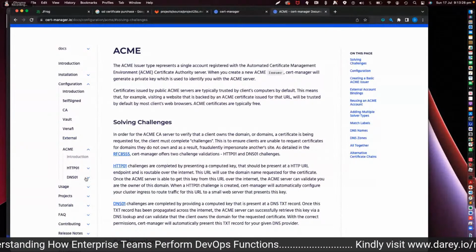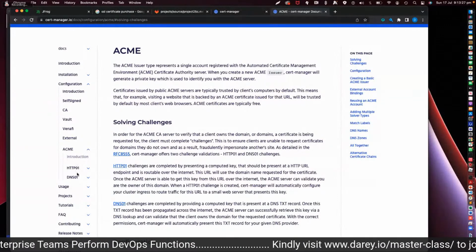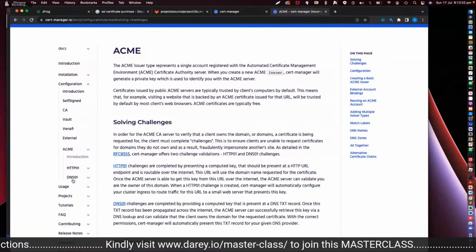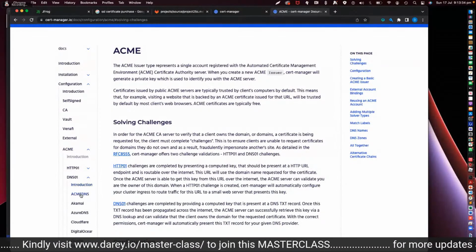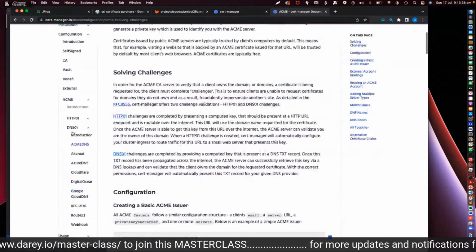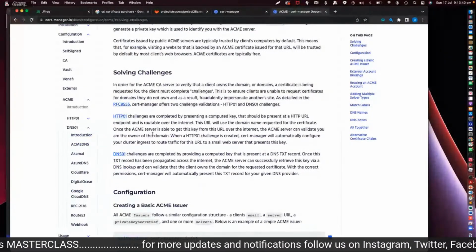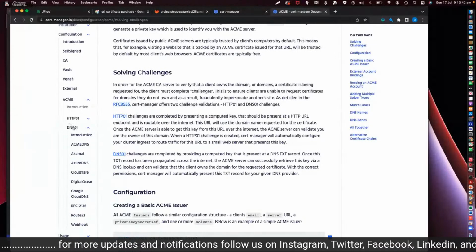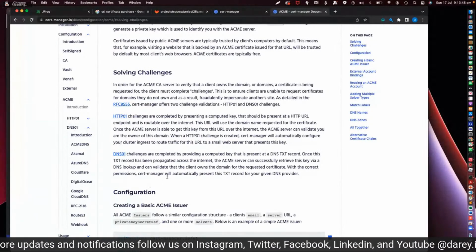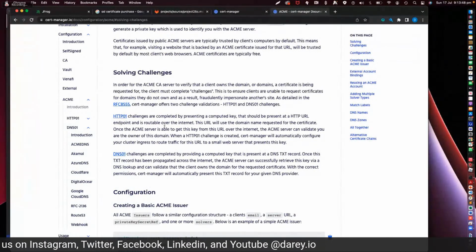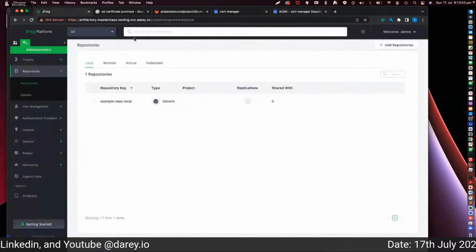And then it has two ways. Its configuration has two different types of configuration. You can either use the HTTP01 or DNS01. So we are going to be using the DNS01 because we want our configuration to validate. These two configurations are how Cert Manager confirms that you own the domain, because it's not just going to issue a certificate to you if you don't own the domain. For example,